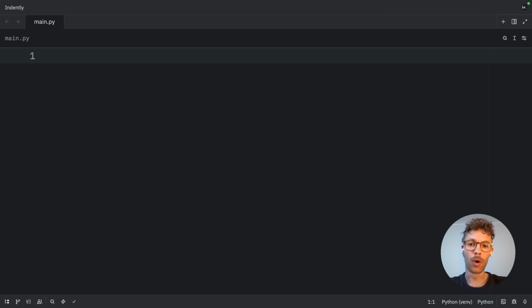We'll start with a simple synchronous baseline. This is how you'd normally write code that does multiple tasks. Then we'll see how threading, multiprocessing, and AsyncIO can help us speed things up. The key is understanding the difference between IO-bound tasks, like network requests or file operations, and CPU-bound tasks, like heavy